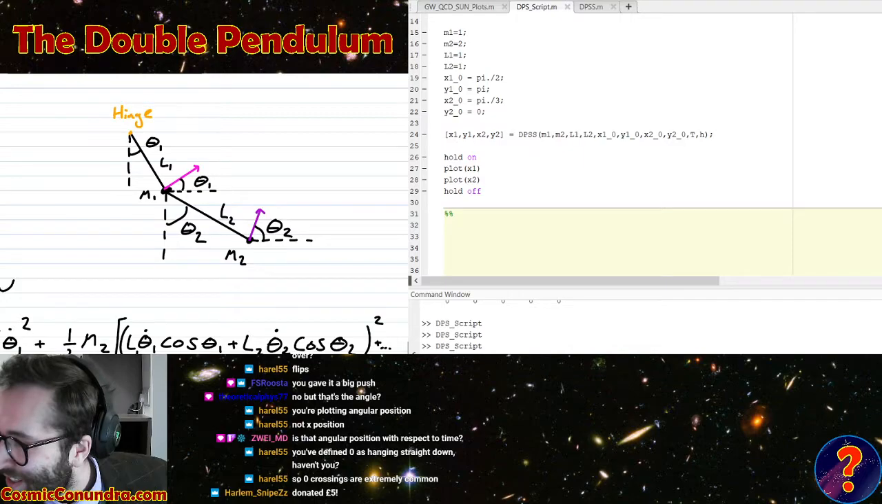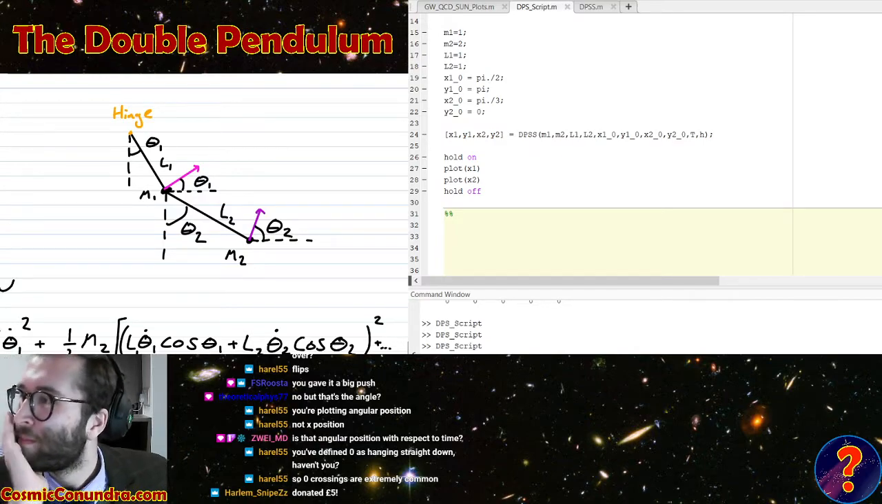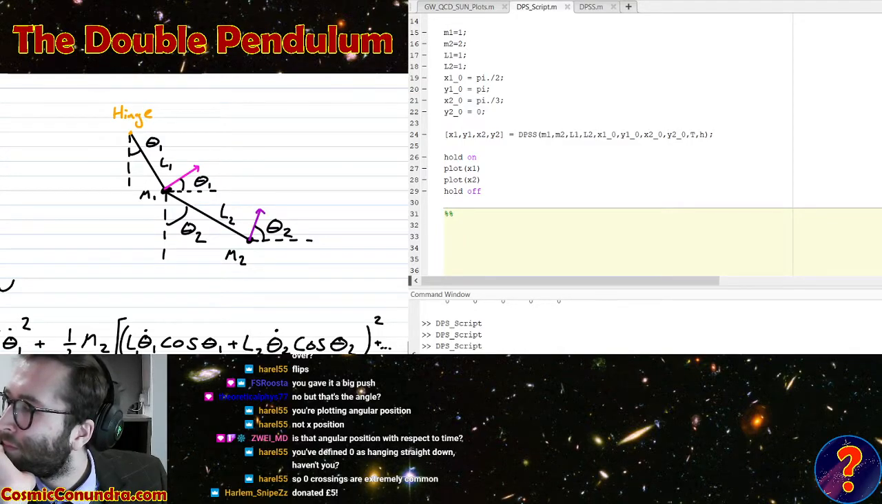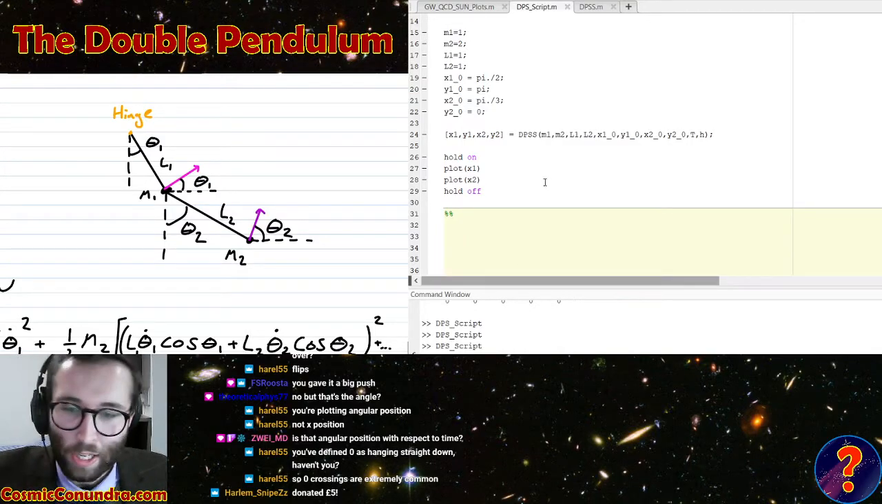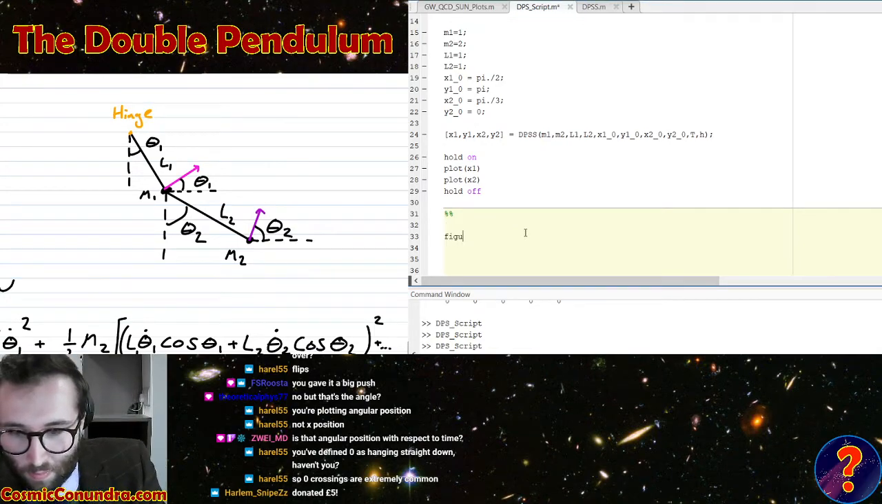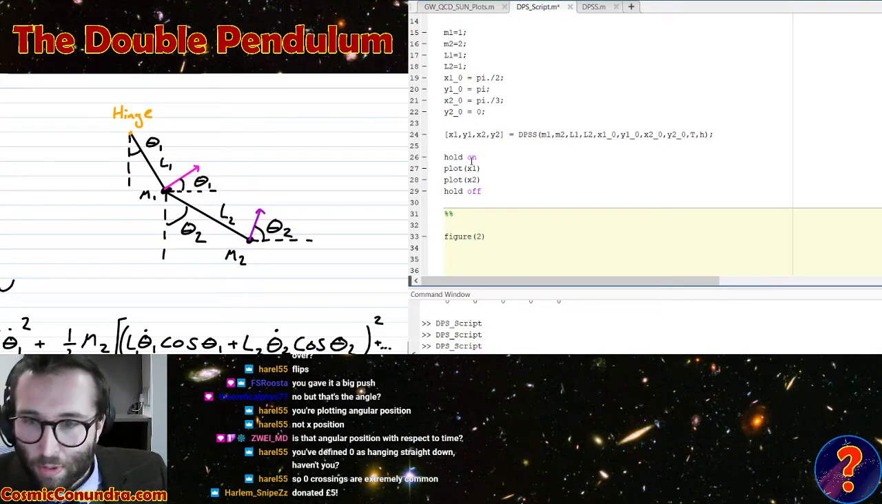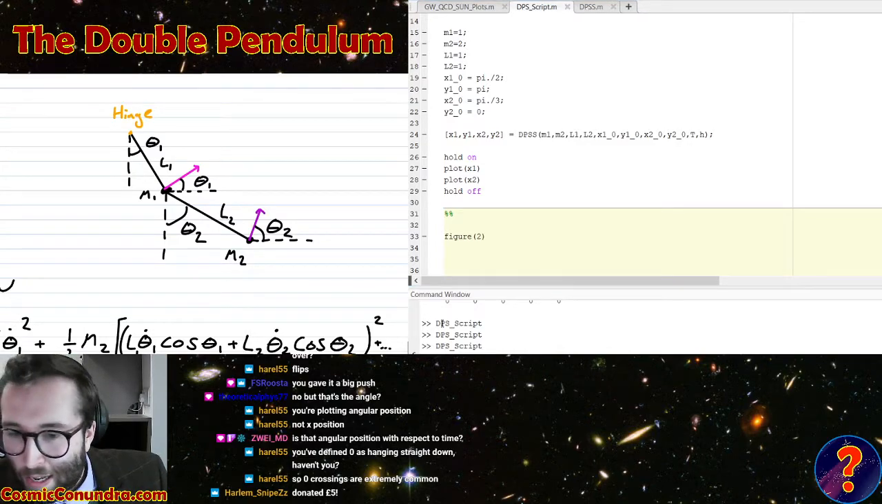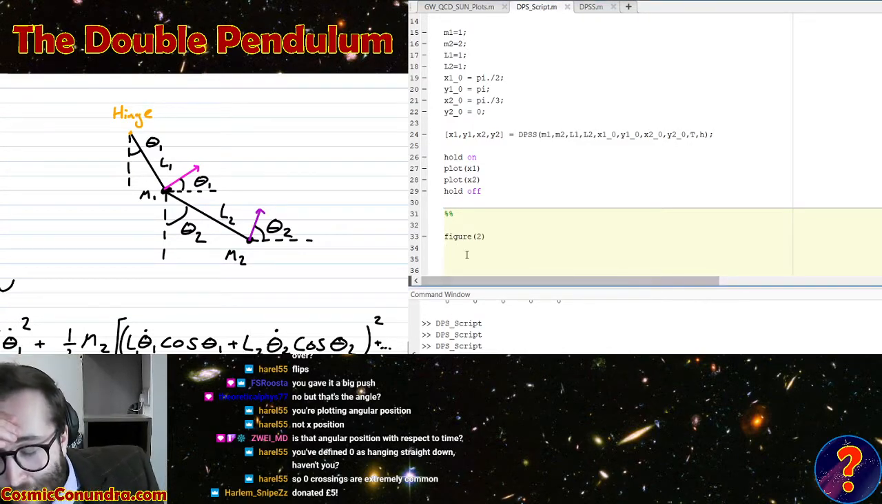Okay. So, let's code the thing so we can actually see what it looks like. That is what I'm interested in doing. So, what I want to do, okay, we'll open up a new figure window. Now the idea is I need to